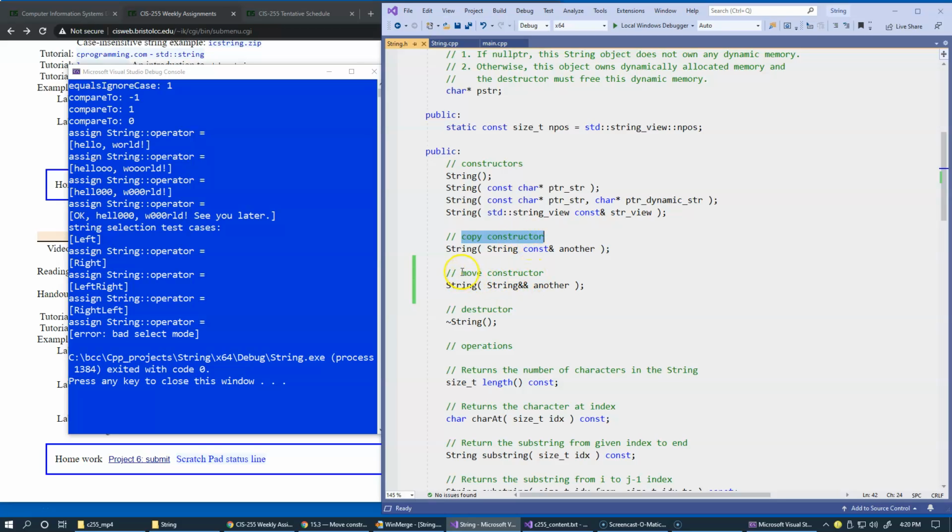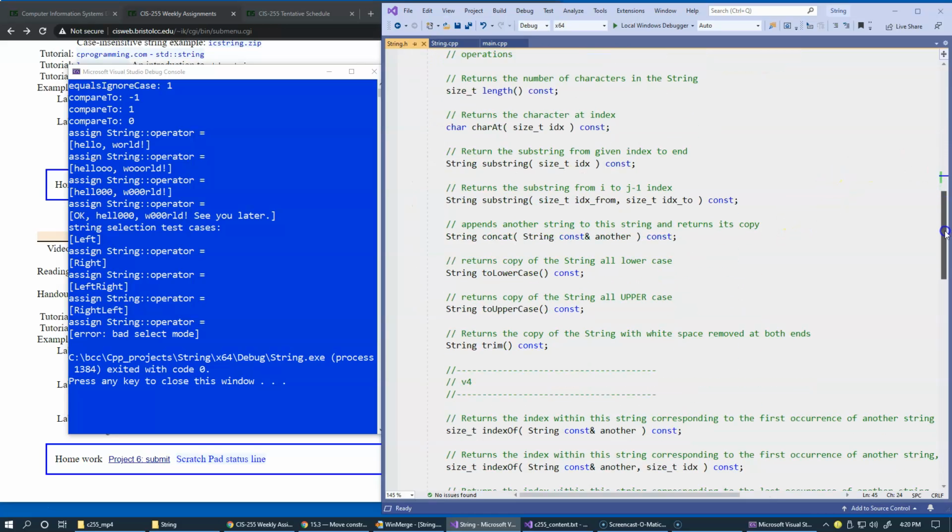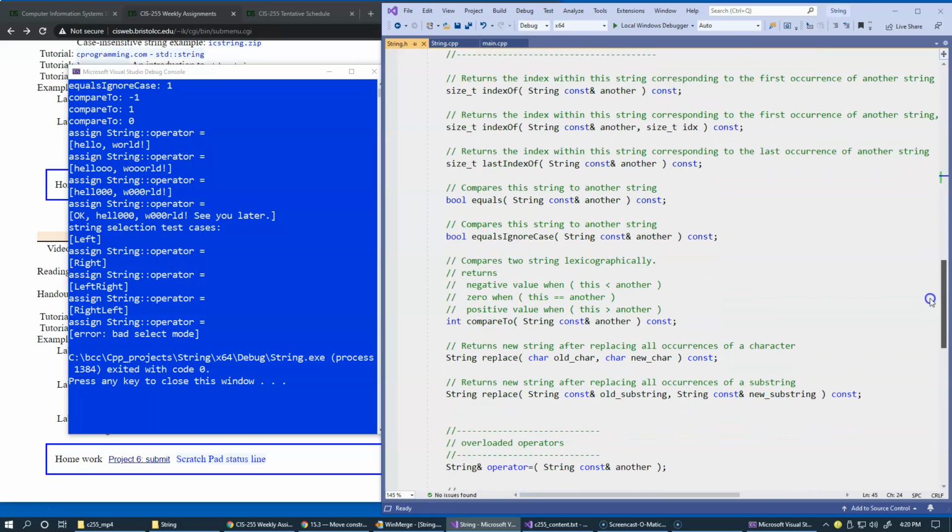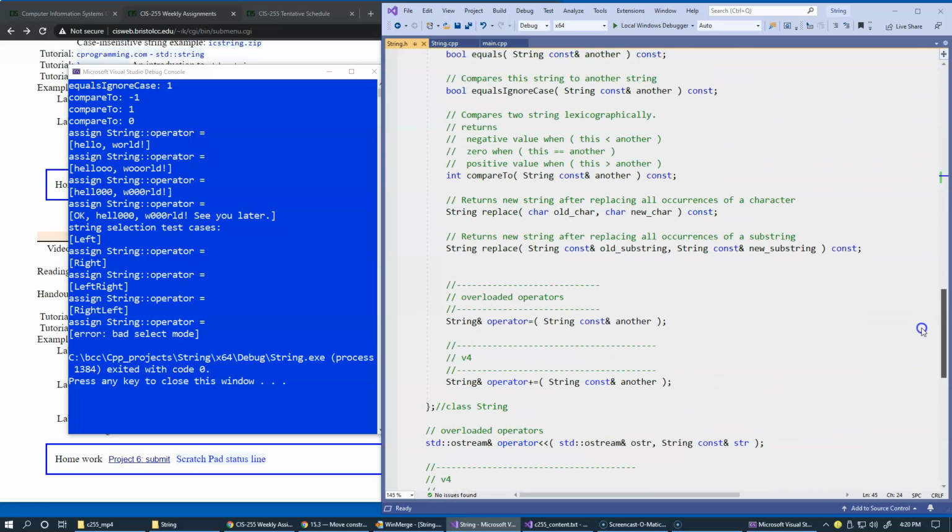And the move constructor is simply just taking resources away from another object and retaining it in the object that's being manufactured. So here, if we scroll down to the place where we declare our assignment